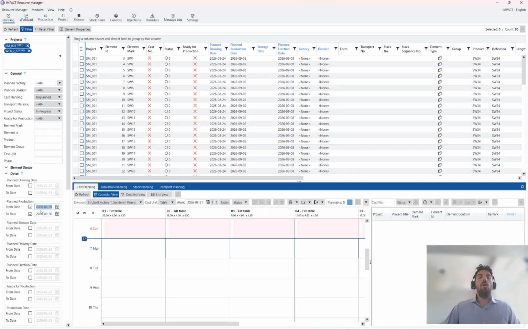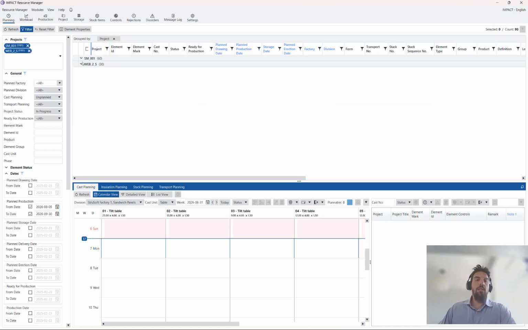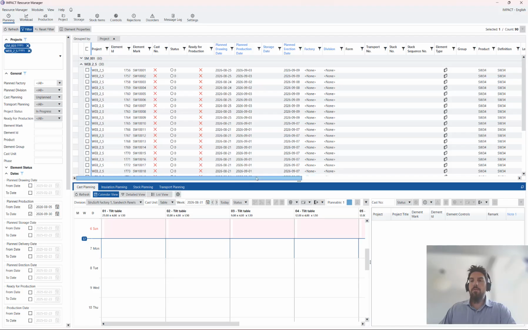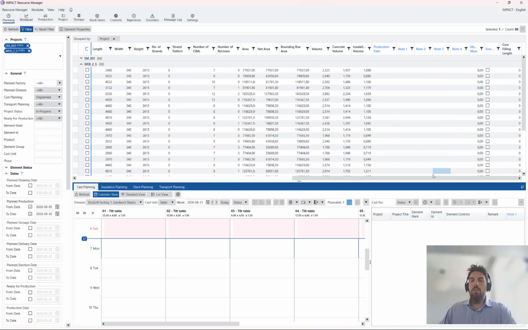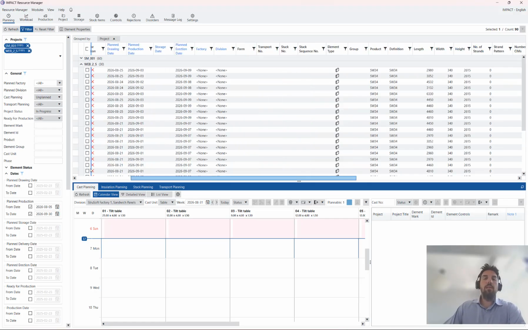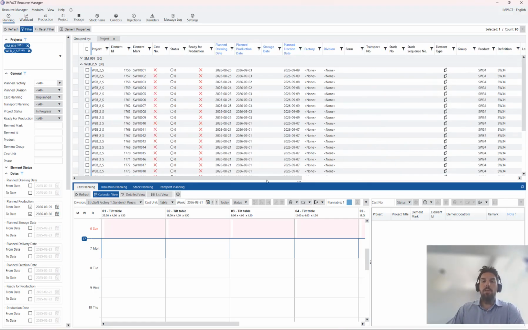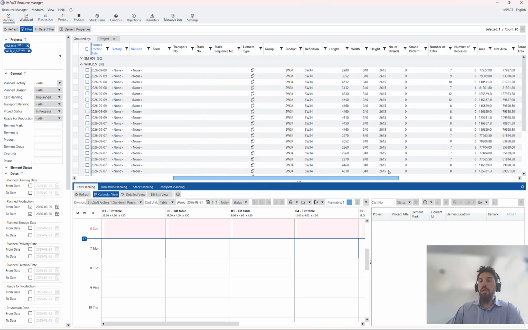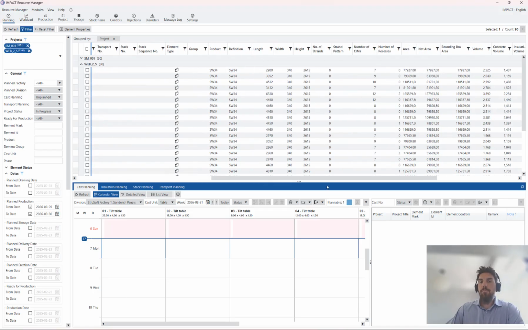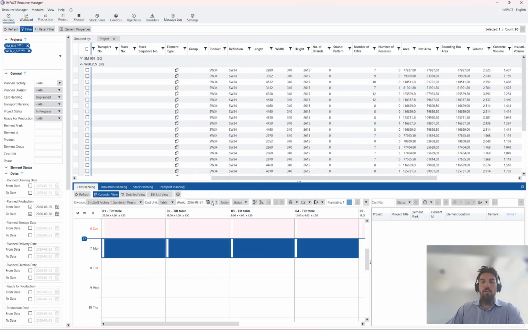At every time, all the elements, no matter which project they are coming from, 60 from this and 30 from this, they have this. The different element types we can also filter out, so we can see that they are all sandwich walls, and then we can select those elements according to their dimensions and according to the information we have set up here. We can take those and put them on our tables. Of course, when I refresh my table here,